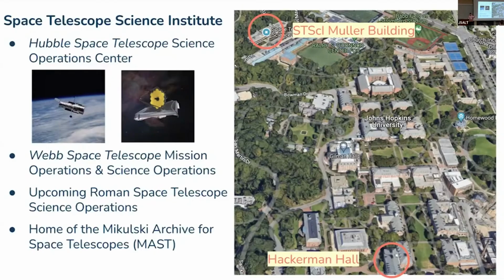Okay, so the community at Space Telescope, it's a nonprofit, by the way, and we primarily subcontract out of NASA in order to operate their space telescopes. Hubble is one of them. This one over here is the James Webb Space Telescope, so Webb for short. And we run the mission operations and the science operations there. So it's basically a center for running not only the scientific processing of the data, but actually the mission, keeping the entire spacecraft afloat and ensuring the health of the detectors and all those kinds of instruments aboard there.